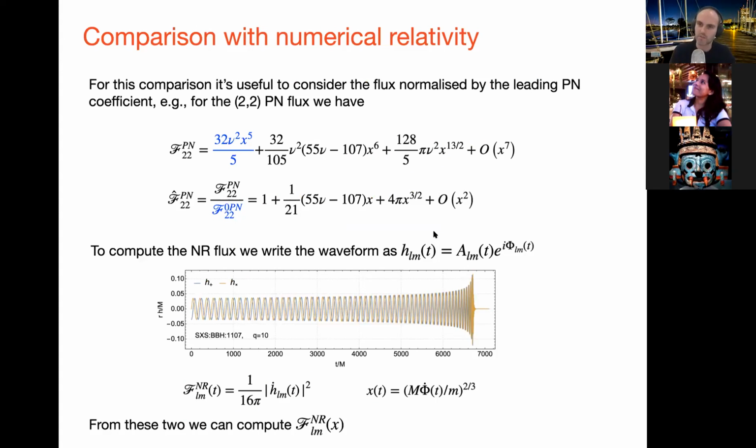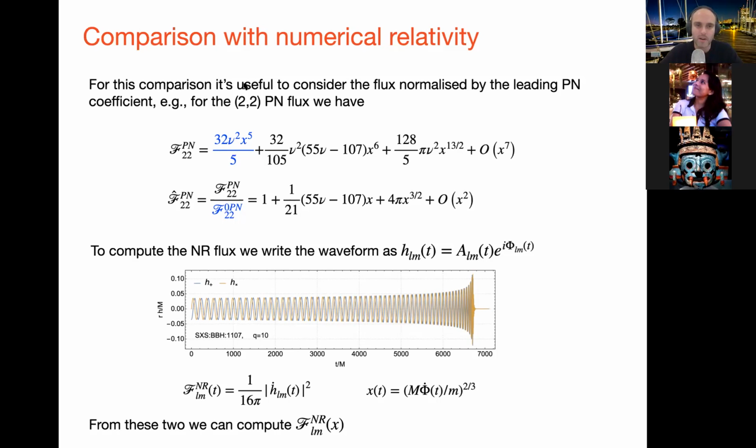Okay, so that was nice, and that was basically a check on our results. But what we've been really interested in is a comparison with numerical relativity. And so that's what I'm going to show, and this is going to then answer that question: what is a small mass ratio binary? How far can you push this perturbation theory approach?